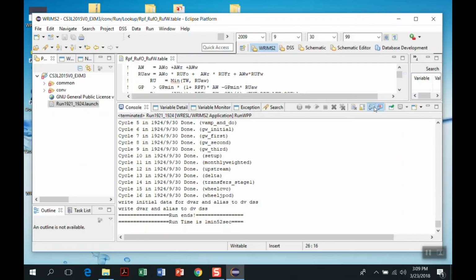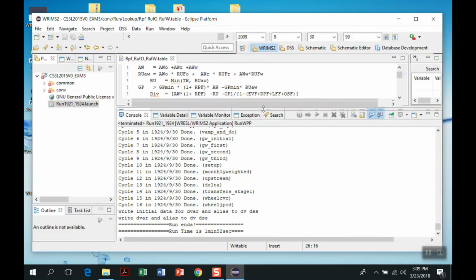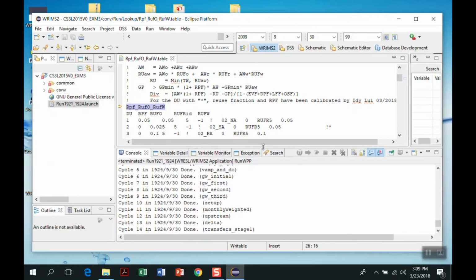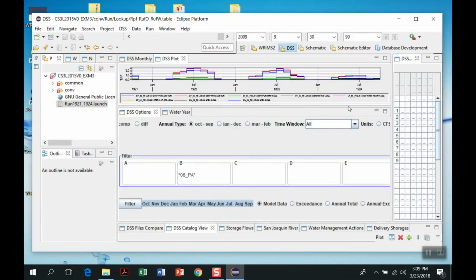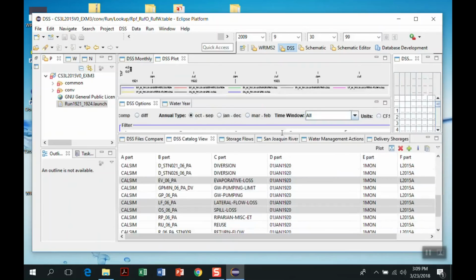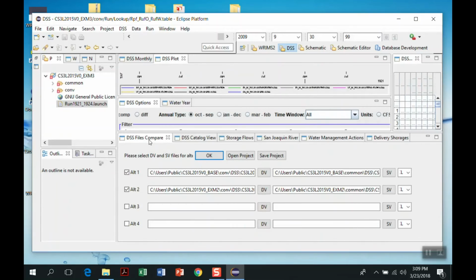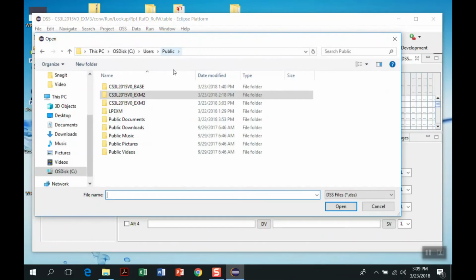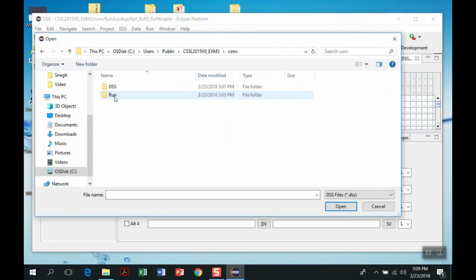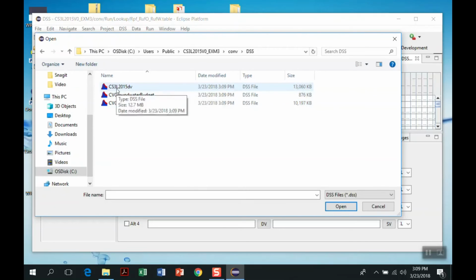So the run finished. Let's go back to DSS. We need to reload the scenario here. Go back to the DSS file, compile. So we can click DV file again. Go back, find the folder you just created. You remember we deleted everything in this folder, and now we generate 3